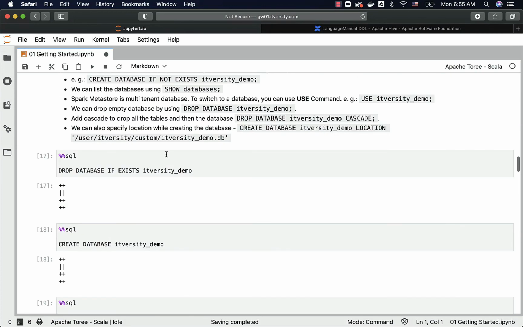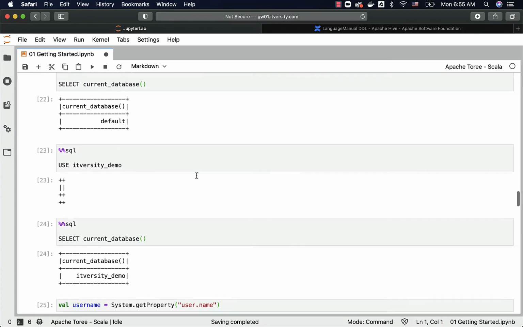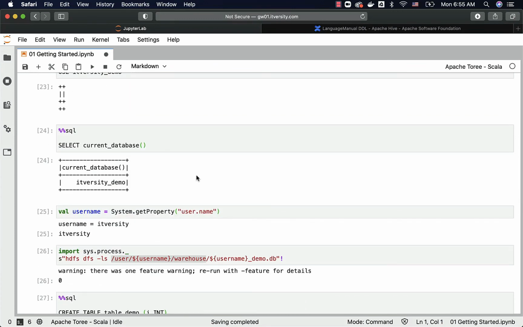And also while creating the database, you can specify the custom location using location. So these are some of the important keywords which we typically use while creating or dropping databases. There are a few other options which are not very important at this time. If they are required, they will be covered as part of future topics.